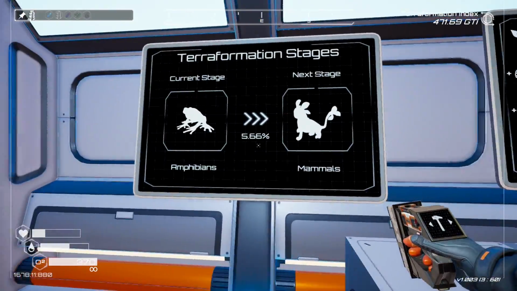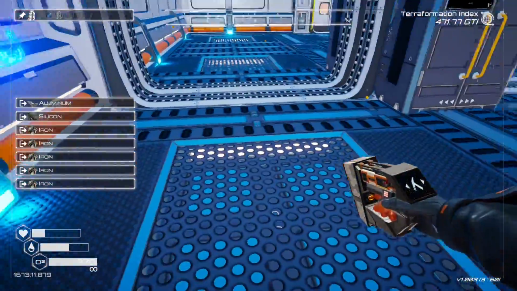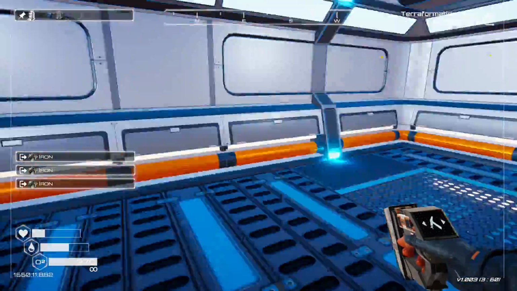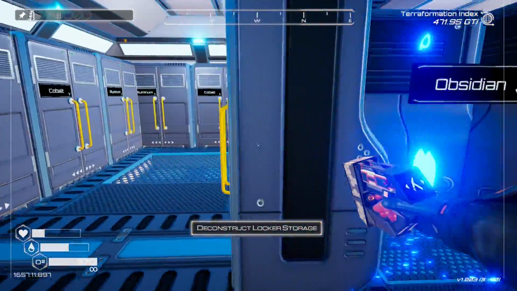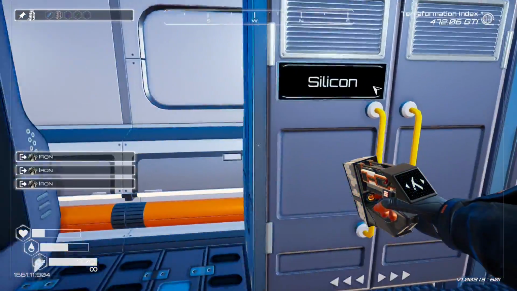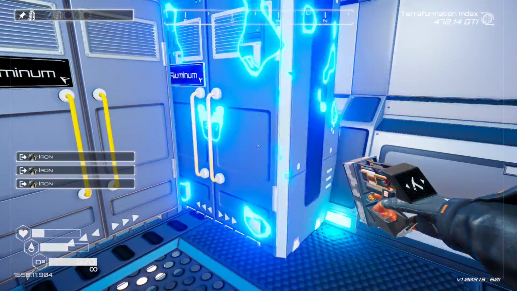So there we go. We're at 5% on the mammals as well. I can't believe how fast this is going. Crazy. There we go. Oh, I can strip that down as well. Probably not going to take long for that to come out. It's great. Let's see if there's any others that will come out. Probably some that are... Oh, wow. That one's full? Really? Alright, well, we're going to need the iron, so...